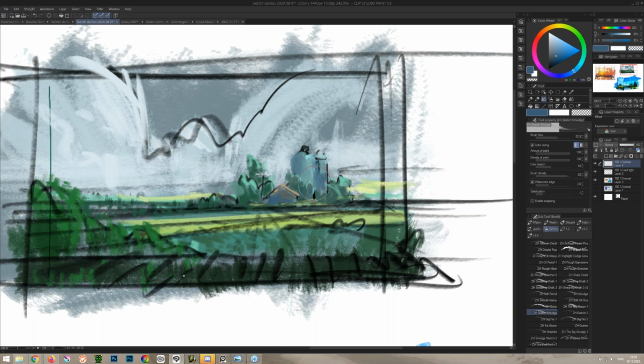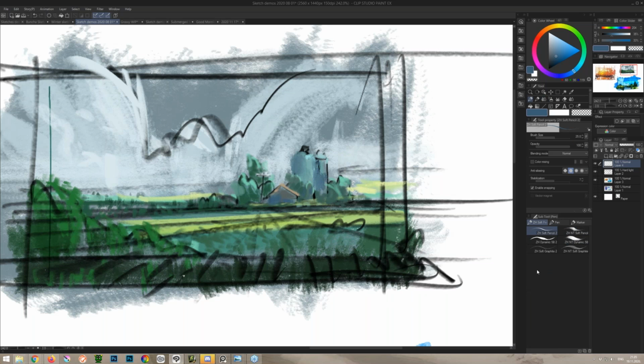I basically don't classify them, because the nature of my illustration is like this. I don't need to classify them. I do classify them just in pencils. I have some pencils that are dedicated pencils,